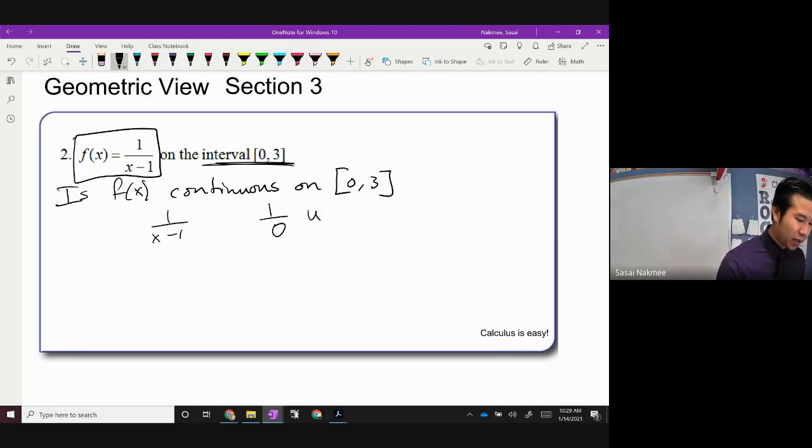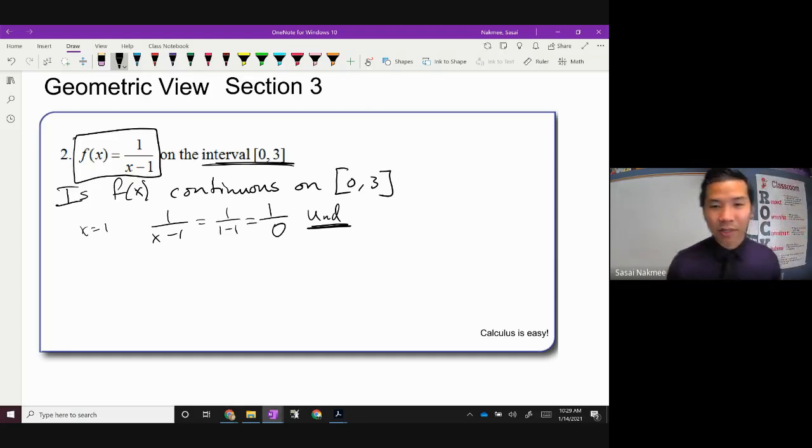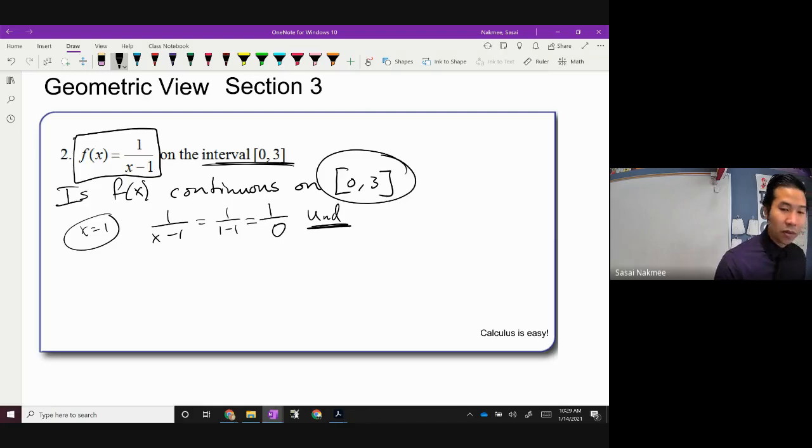1 over 0 is undefined, meaning the function is not continuous. And when does that happen? Monica's saying it's happening at x equals 1. Well, hopefully you can see if you plugged in 1 for x, you'll get 1 minus 1, which equals 0 in the bottom. Since the function is undefined here and 1 is between the interval from 0 to 3,